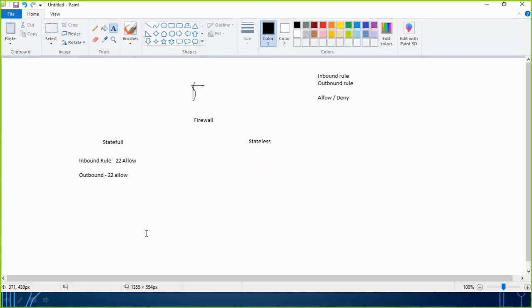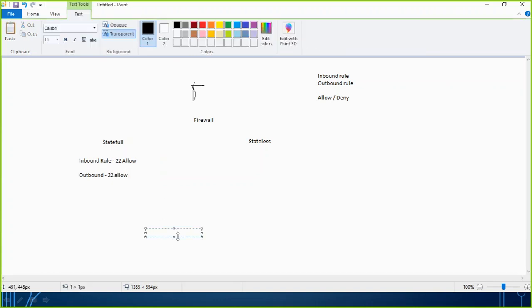For example, I want to allow incoming connection at port number 22, but for outgoing connection I want to allow SSH maybe by using port number 1022. If I want to set such a condition where my port number changes for incoming and outgoing, that was not possible in a stateful firewall.